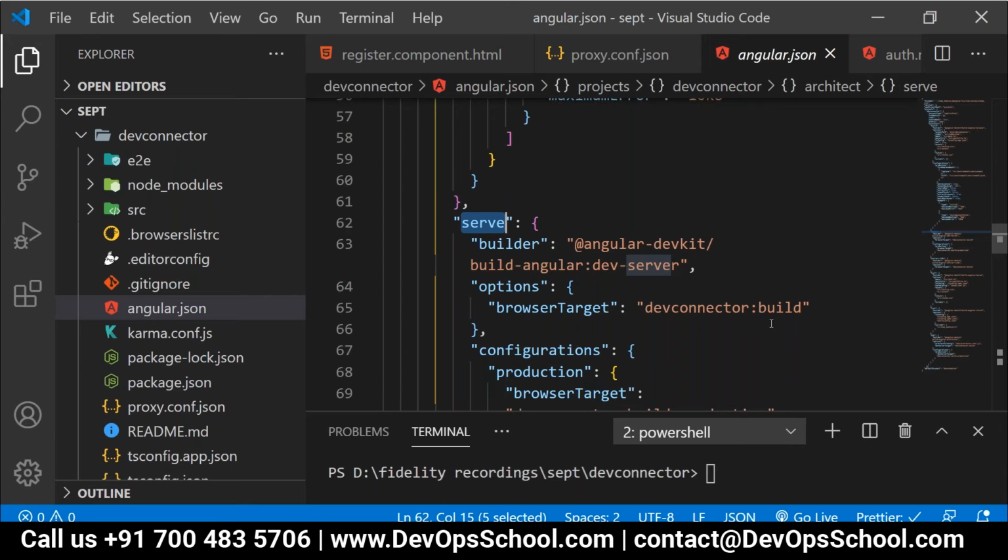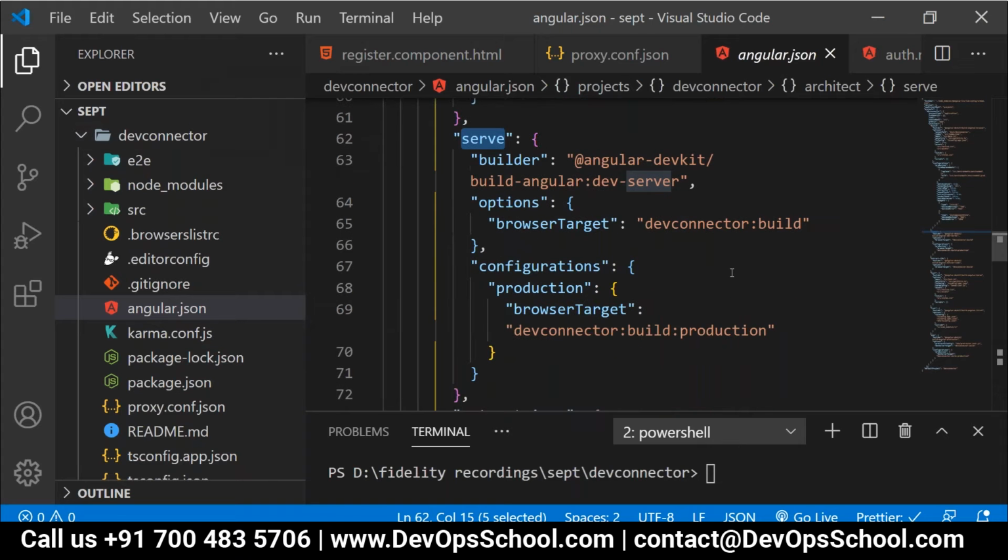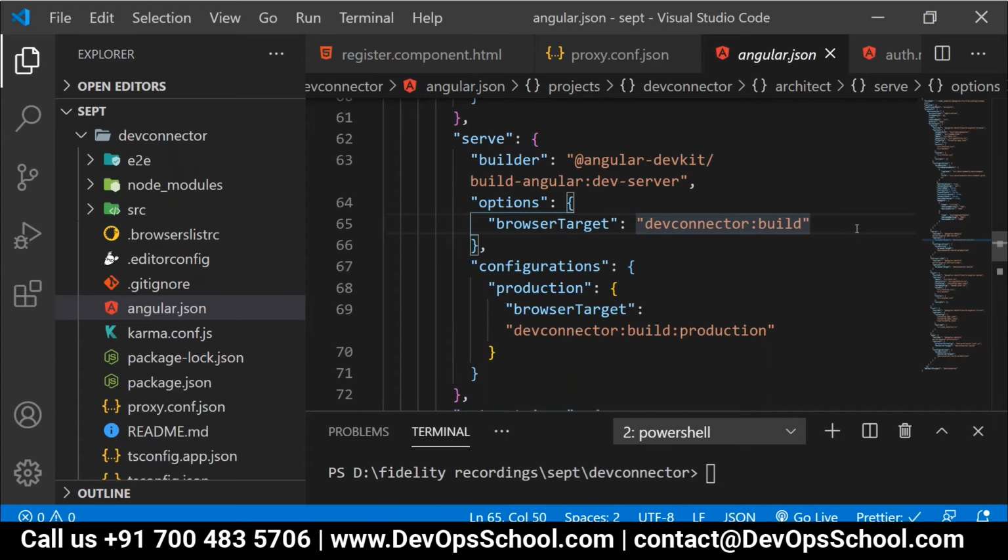Yes, Abhi. Correct. Now there also, just scroll down. In this serve option, everyone, are you able to see these options over there?